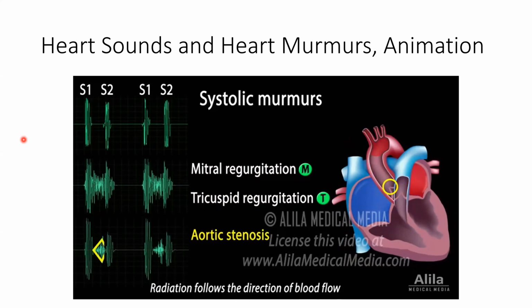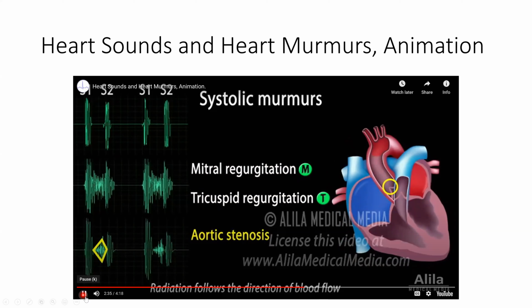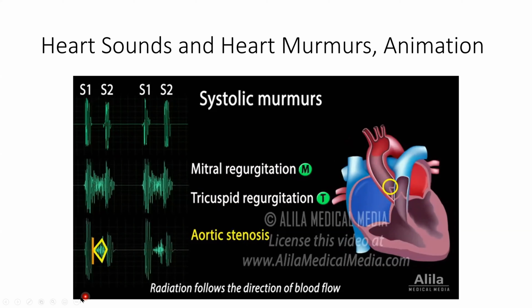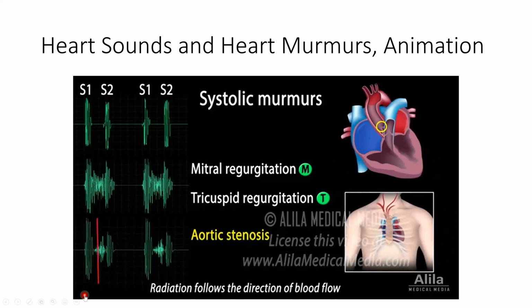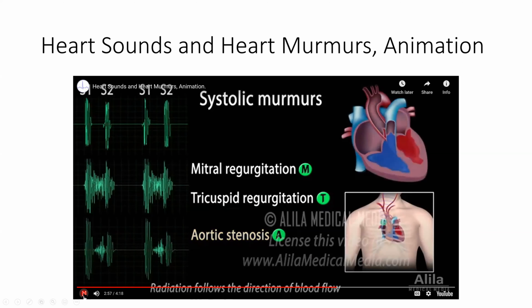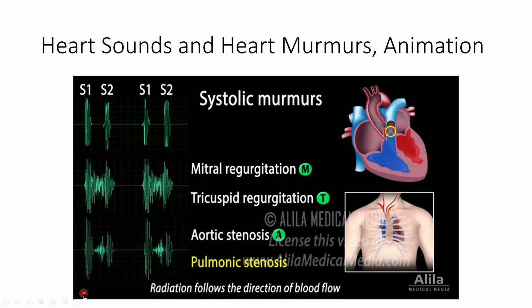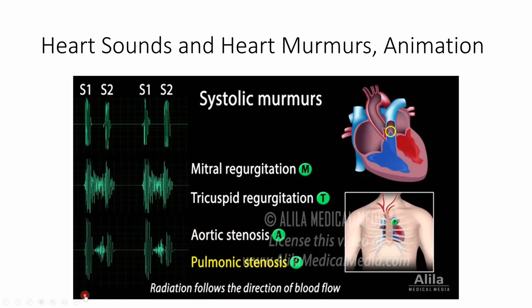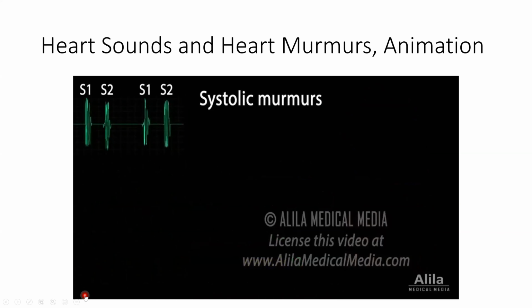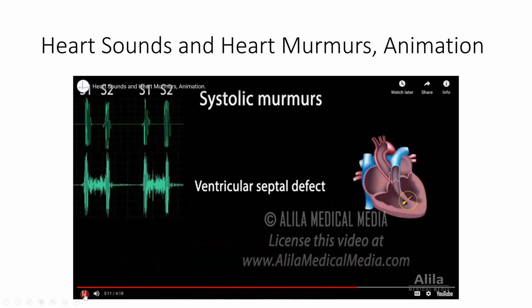This results in a crescendo-decrescendo, or a diamond-shaped murmur, which starts a short moment after S1. It is often preceded by an ejection click caused by the opening of the stenotic valve. Aortic stenosis murmur is loudest in the aortic area, and the sound radiates to the carotid arteries in the neck following the direction of blood flow. Again, on the other side of the heart, a pulmonic stenosis has the same characteristics, but is best heard in the pulmonic area and does not radiate to the neck. Other conditions that cause audible systolic murmurs include ventricular septal defect,